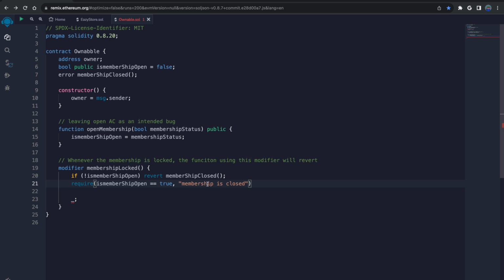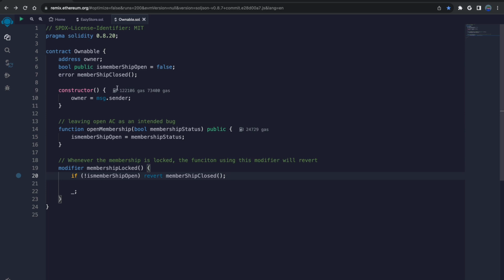Many people will create an error so that you can just invoke that error instead of actually having this string created here. But it's really up to you how you want to do it. Something I did leave out is there's something called assert. This is also a validation type of method. I typically don't see assert as much anymore, but this is another avenue you can use whenever you need to control the logic within your smart contract.